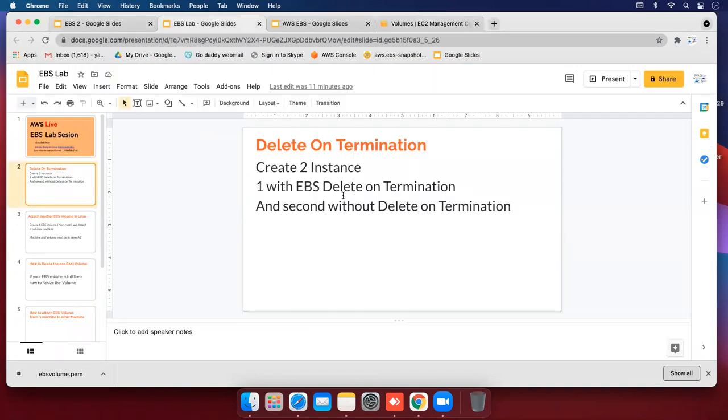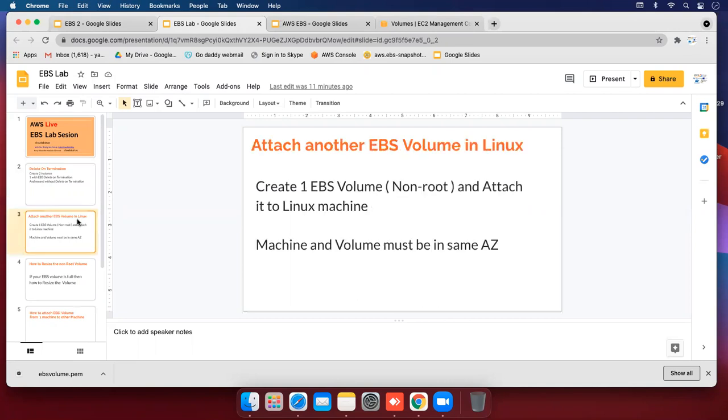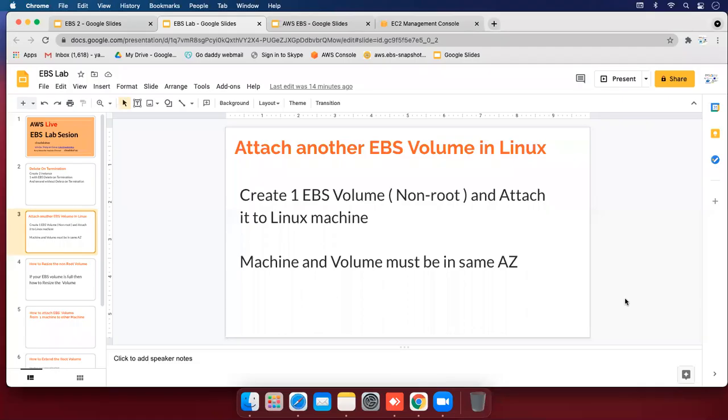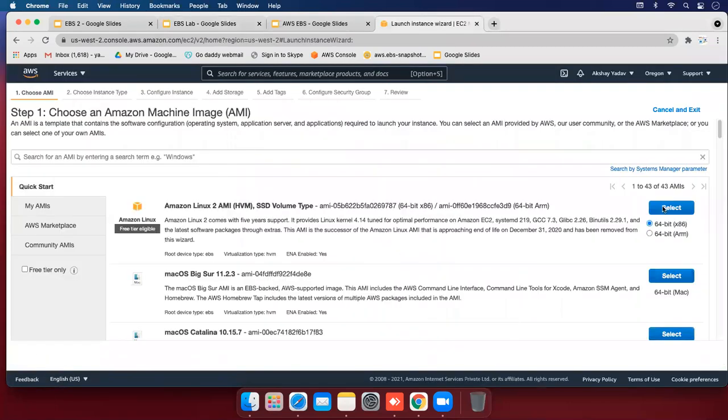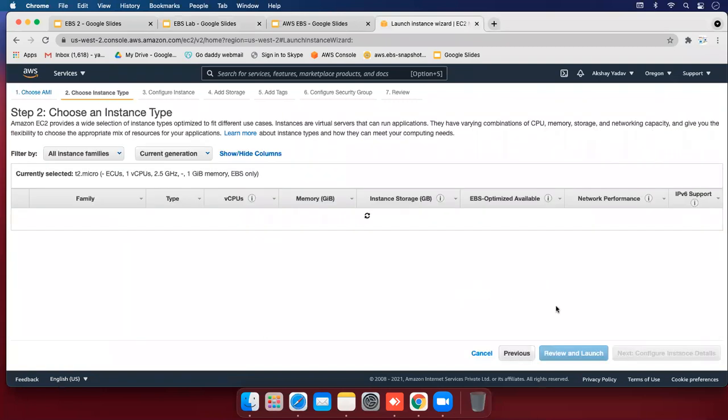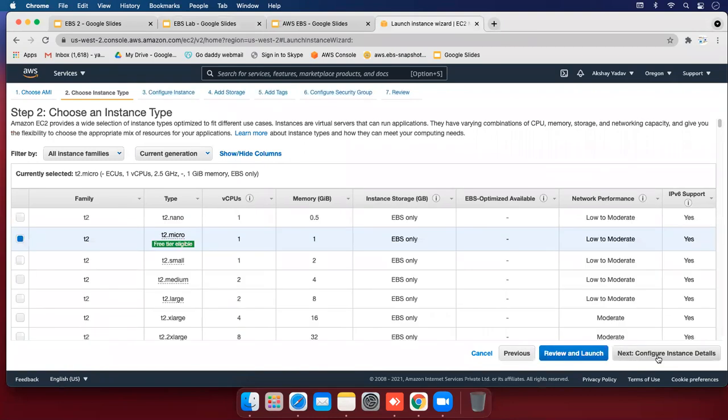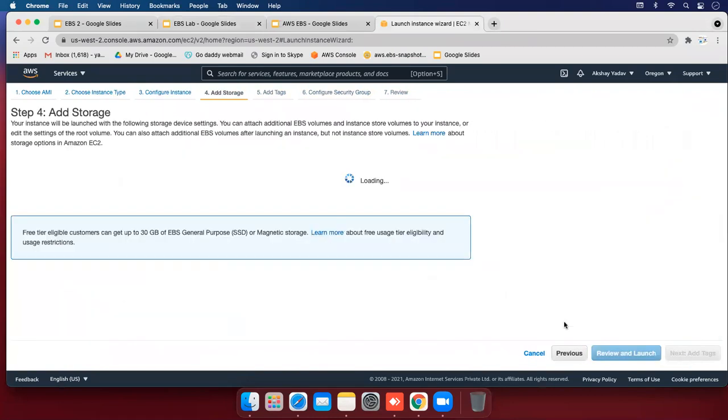And let's come to another lab, attaching another EBS volume in Linux. So how can we attach an external EBS volume in a Linux machine? Let's start. Let's create one more server and launch instance, select default, next for the instance type, next, and select default.